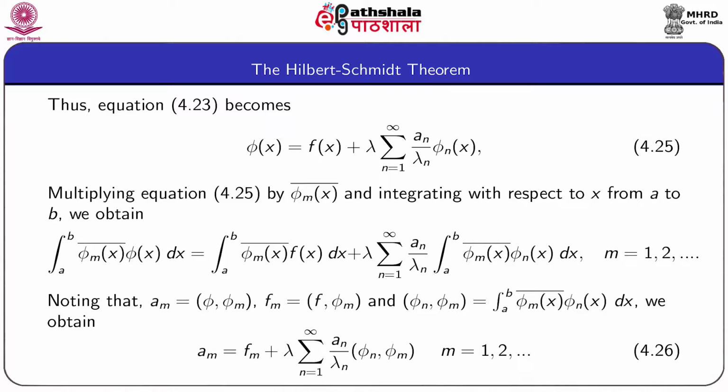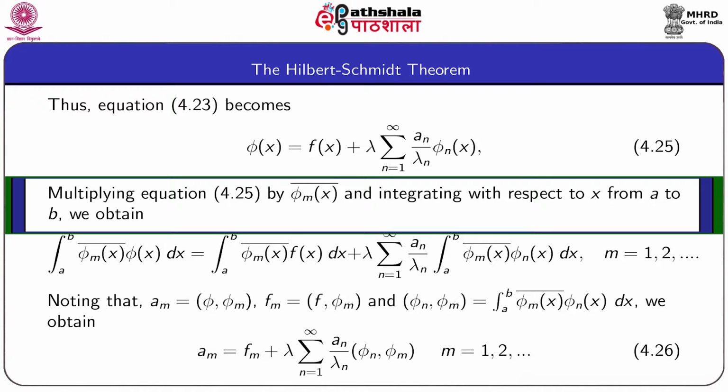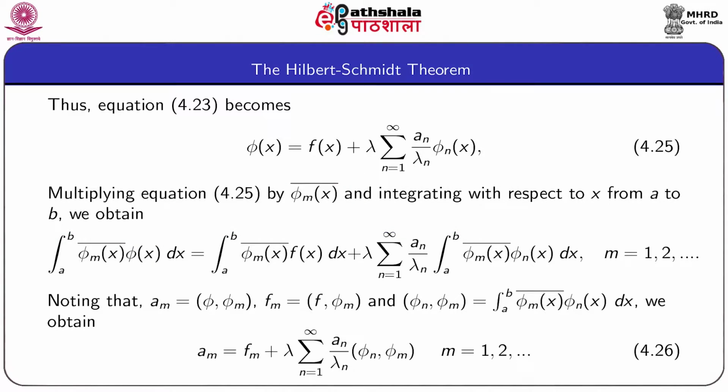So using 4.23 and 4.24, we can write phi x as fx plus lambda summation n equal to 1 to infinity a n phi nx by lambda n, as given by equation 4.25. Now we multiply equation 4.25 by phi m bar x and integrate with respect to x from a to b to obtain